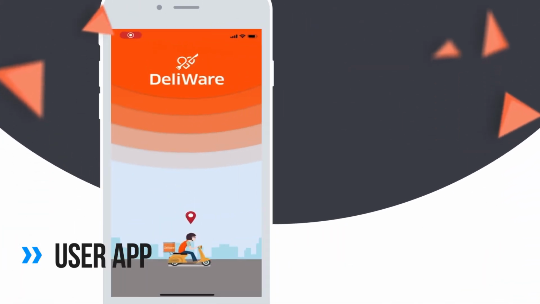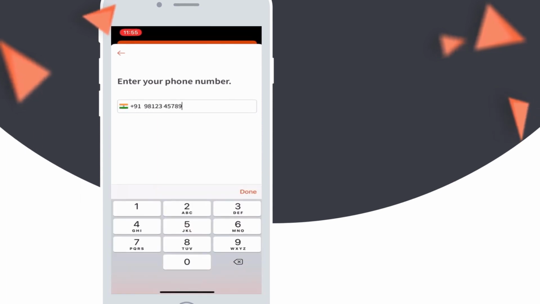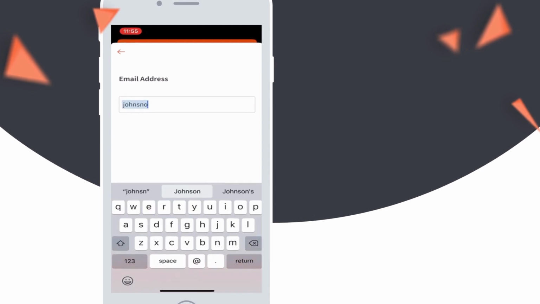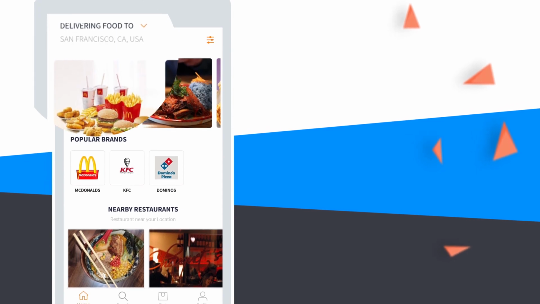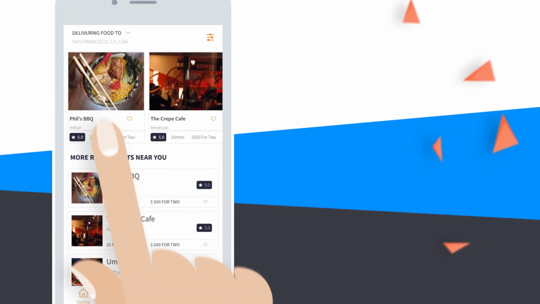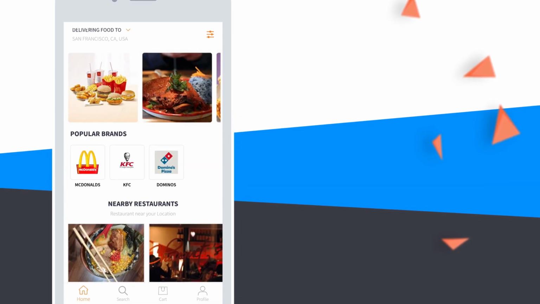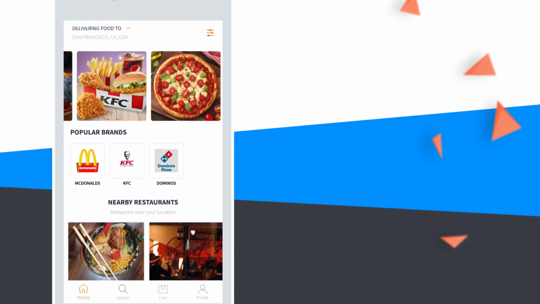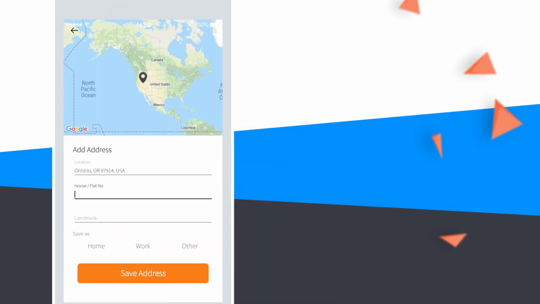The sign-up process is simplified with OTP-based verification. Email and password is entered to complete the new account setup. Next, the GPS location of the user is automatically determined and the nearby restaurants are shown in a clean layout. You have the space to run in-store ads and promotions as well. Address details like flat number can be added by tapping here.